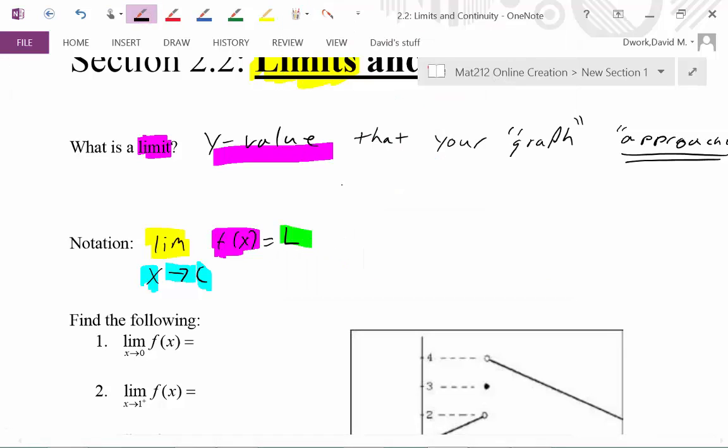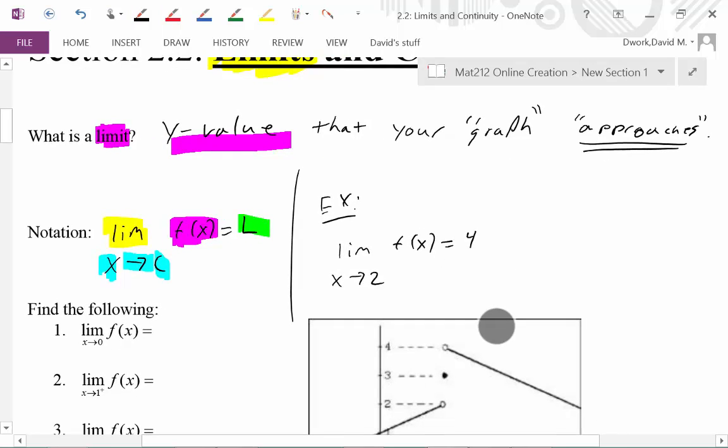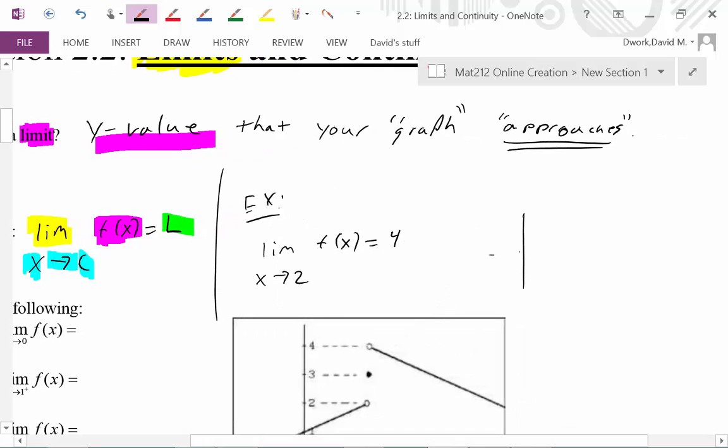All right, let's give you something with all these letters. For a quick notation example, I'll sketch out a visual that may or may not actually be correct, but who really cares? So say the limit of our function as x approaches 2 is 4. Or another way of reading it is the limit as x approaches 2 of f of x is 4. So what we're saying is I have some crazy graph